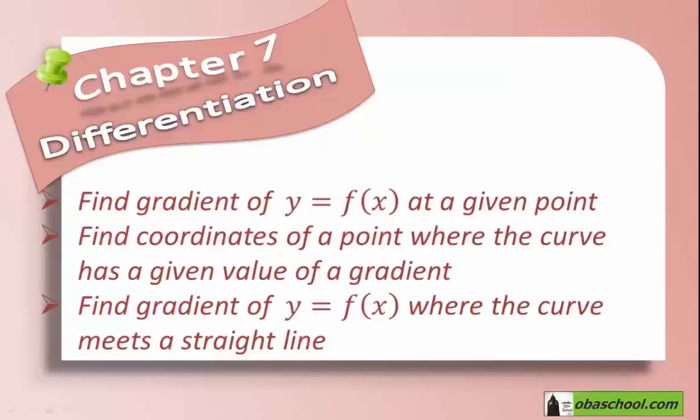In this tutorial, we are going to do an application that includes three objectives. The first objective is to find the gradient of y equal f of x at a given point. Then we are going to find the gradient when y equal f of x. The second objective is to find the coordinates of a point where the curve has a given value of gradient. And the third objective is to find the gradient of y equal f of x where the curve meets a straight line. For this purpose, we are going to exercise number 7, page